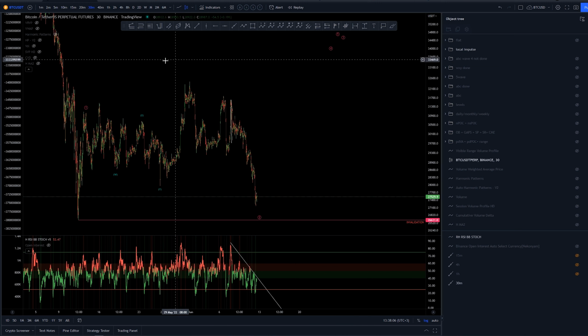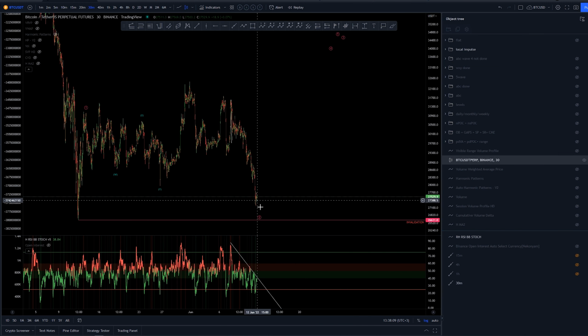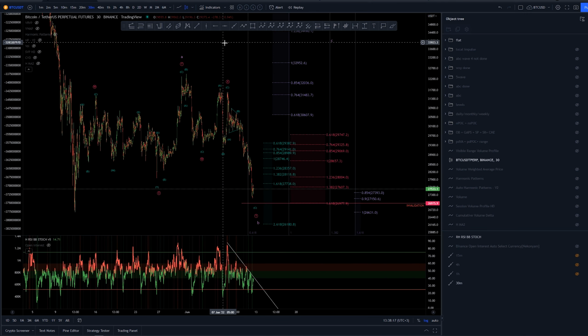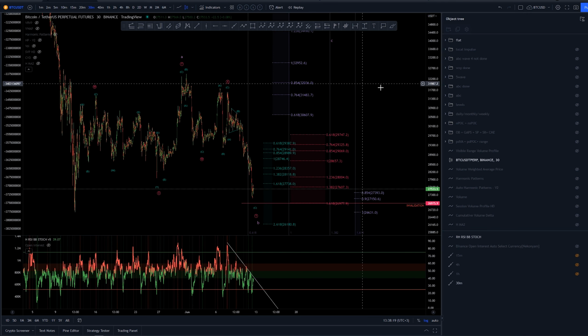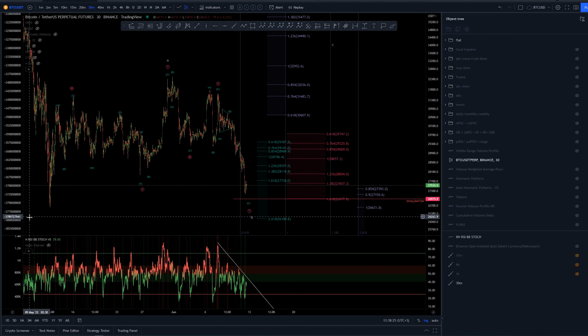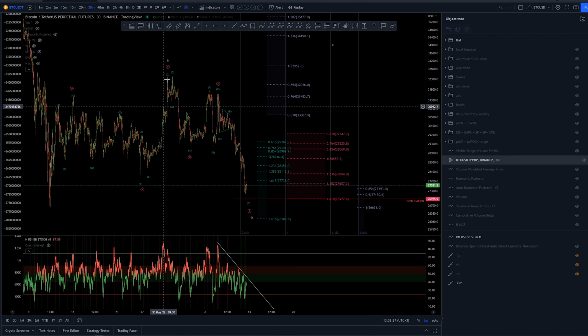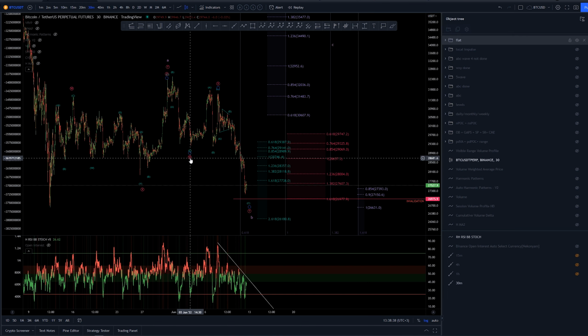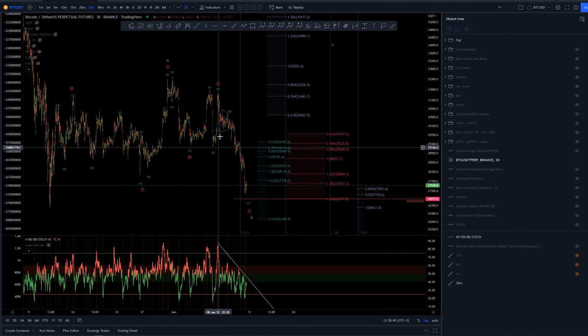We can get a wave structure for sure here fitting this count, but how likely is that? Not very likely. Then this is a new count that I created, just because I had some other ideas going on. W here, X here, Y here, completing a 3-wave structure completely. Wave A here. Then we would be looking for wave B, a 3-wave move here, A, B, and C here into W, or running flat here into X, and then another A, B, and C coming